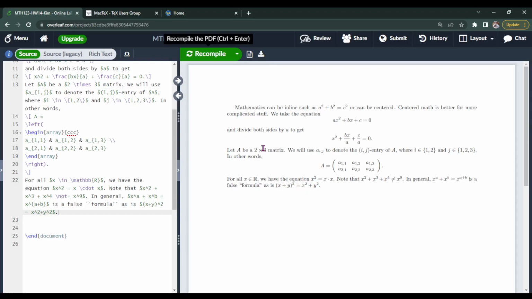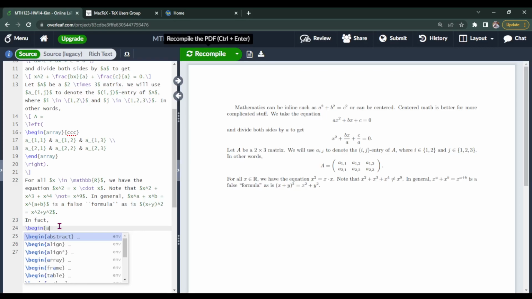So we're almost done with this, but just to continue and demonstrate another LaTeX feature that you may find useful, we'll do this by actually explaining this false formula, right? In fact, sometimes what you want to do is demonstrate what's going on by showing several expressions that are equal to each other. So for that, there's a center aligned math thing, but if you have many expressions, like this is equal to that, is equal to that expression, is equal to that expression, I find it useful to use the begin